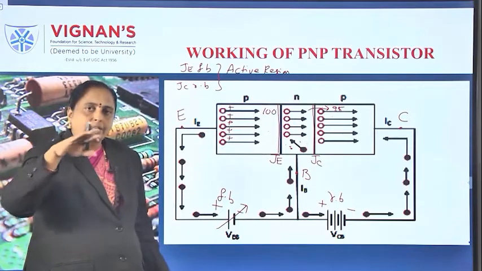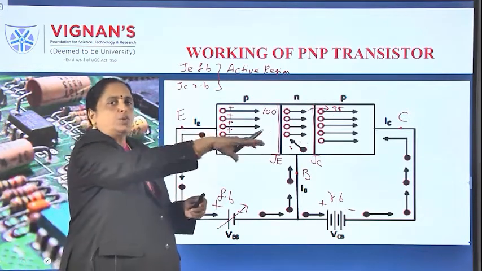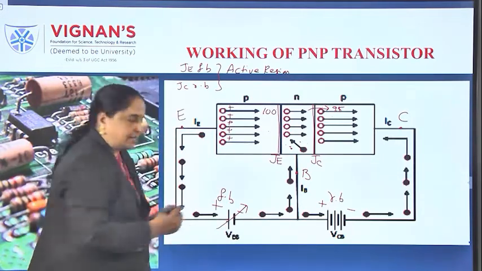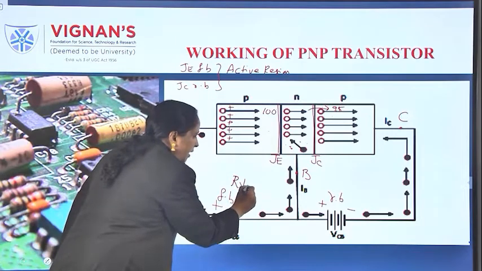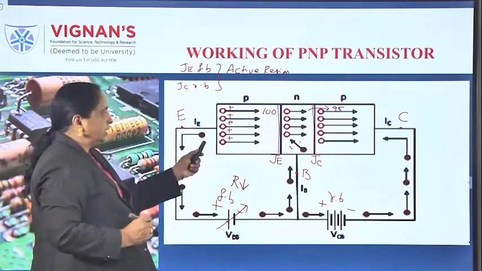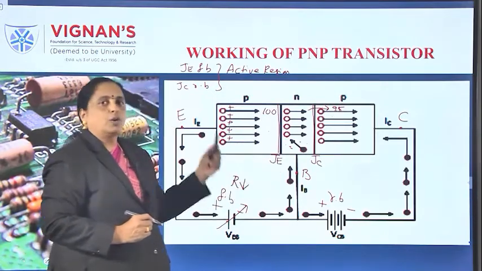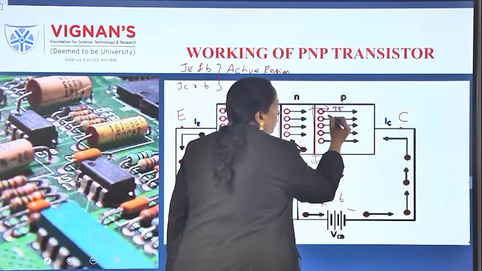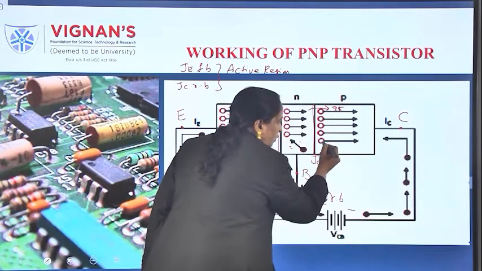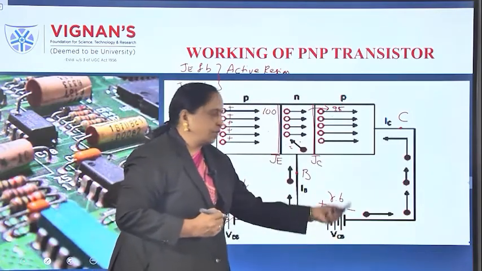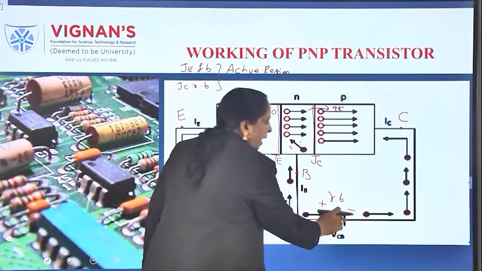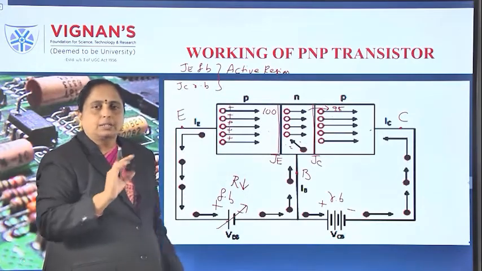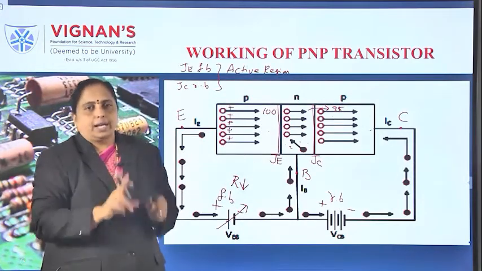Previously we studied that charge carriers move from a low resistance path to a high resistance path. Where is this low resistance? As soon as you connect a forward bias, there must be a low resistance path. So the charge carriers crossed this barrier with low resistance, and that's why they moved across the barrier. After reaching here, all the holes are attracted towards the negative terminal, because holes are positive charge carriers and the battery's negative terminal attracts them. So holes will try to come out of the material, but the current in the external wires is only due to electrons.